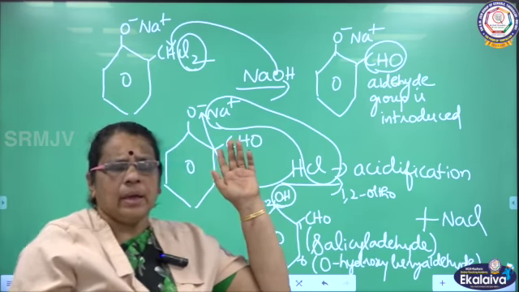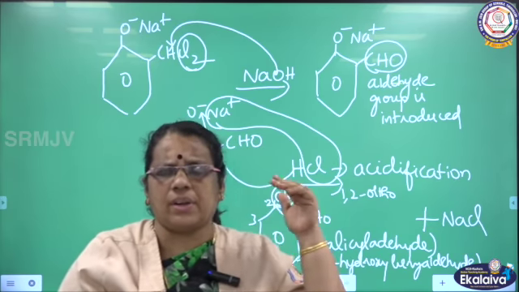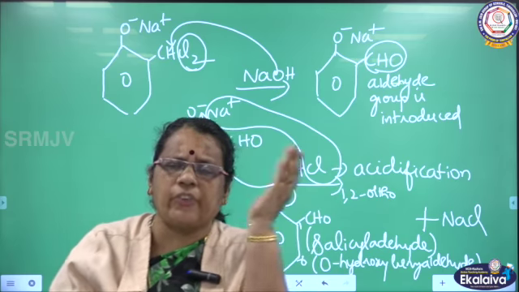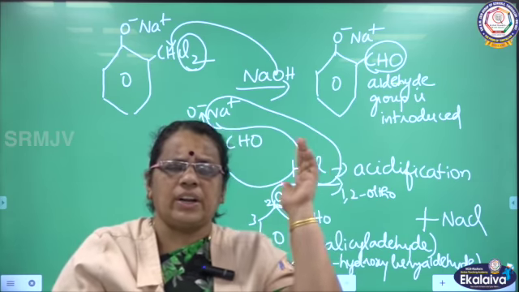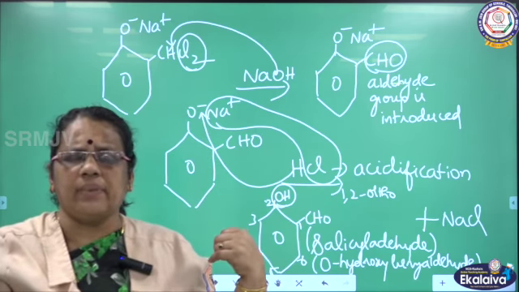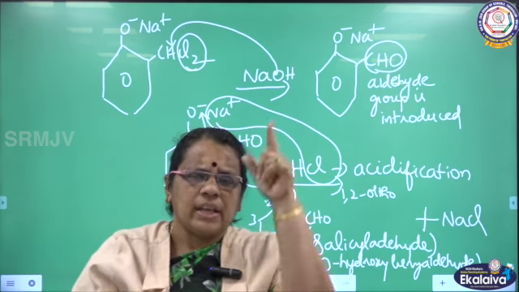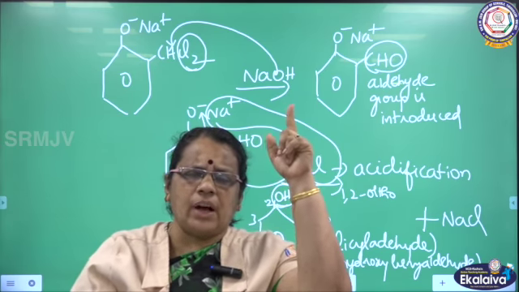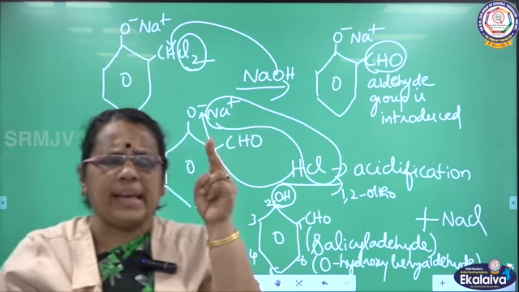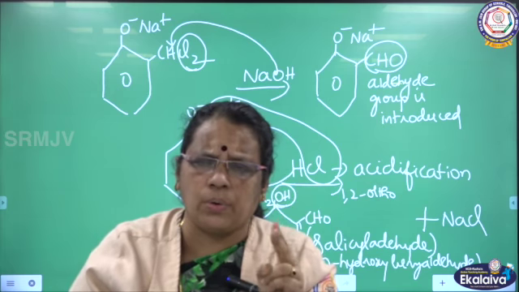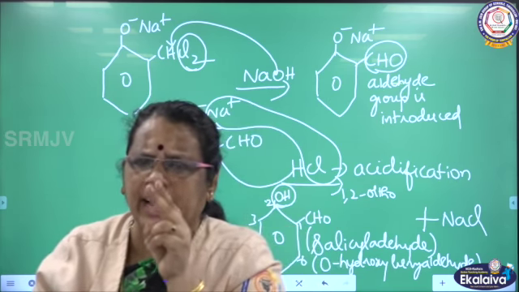So what is the reaction we have studied now? We have talked about the Reimer-Tiemann reaction, or convert phenol into salicylaldehyde. What is the first step? Phenol is treated with sodium hydroxide and chloroform. What are the 2 changes? First change, hydrogen in phenol is removed and substituted by Na. What is the second change? In the second carbon, hydrogen is removed. And already I have chloroform with 3 chlorine atoms.